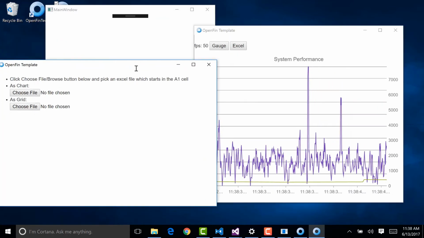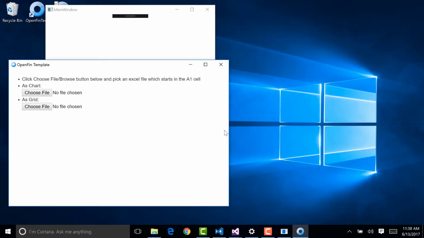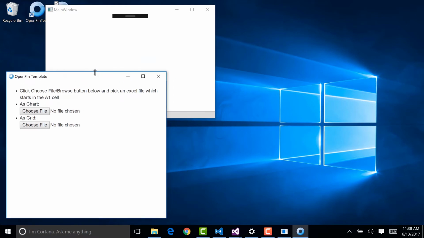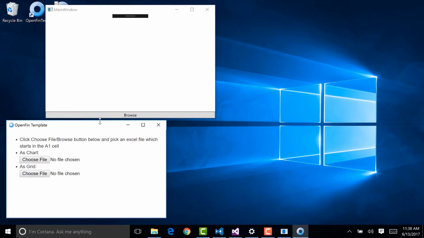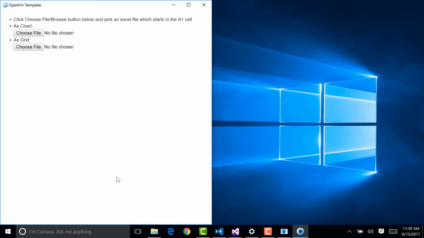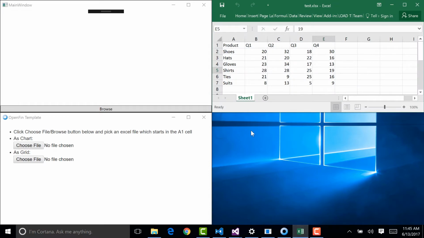Okay, so what you'll notice is that I can actually close this window, and because this is a separate OpenFin application that we spawned with that button, it is not closed when we close the main window. And we'll just open up this Excel document over here,